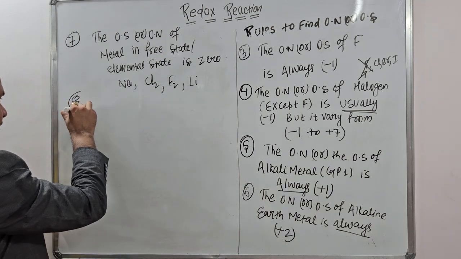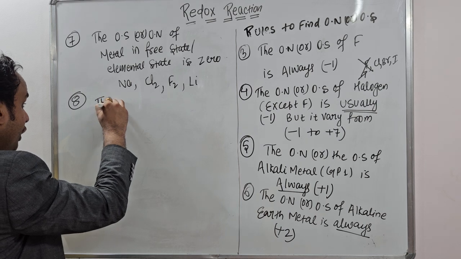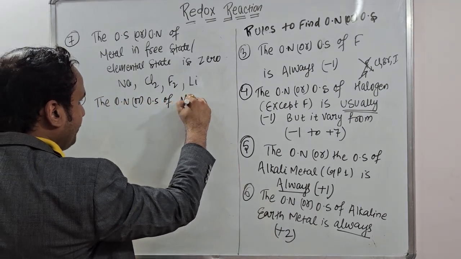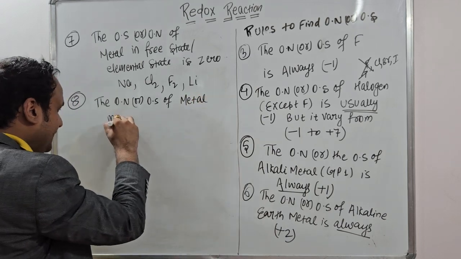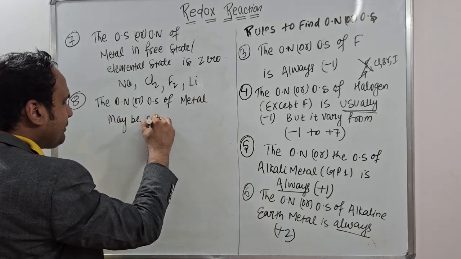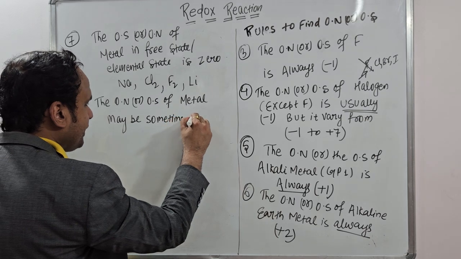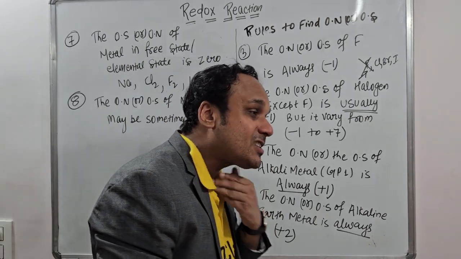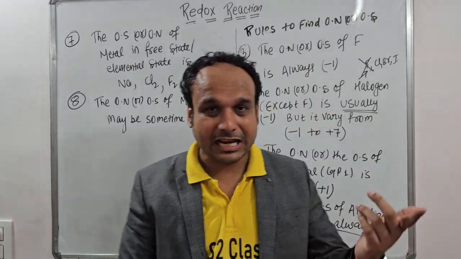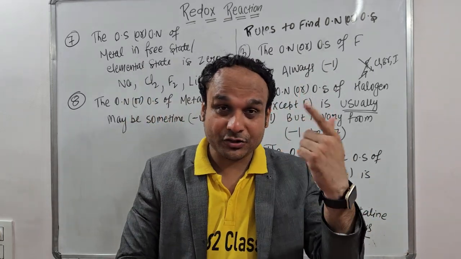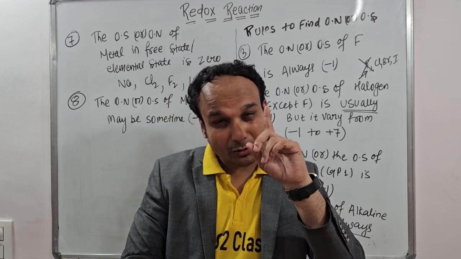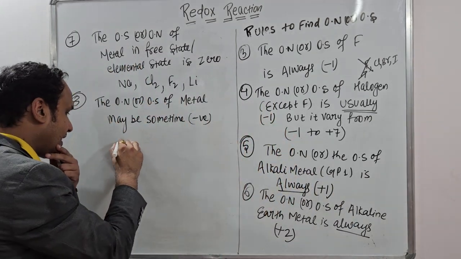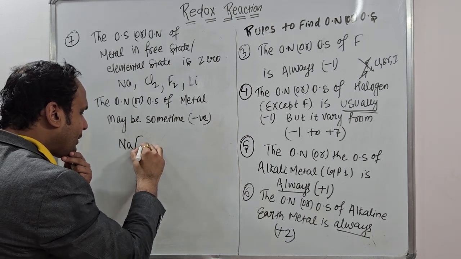Now the next point: the oxidation number or oxidation state of a metal may sometimes be negative. How? You always know that metal loses electrons. So as you have seen in metal hydride, hydrogen has negative, metal has positive. But in some cases metal has a negative oxidation number also. Suppose I have written the example Na, over here suppose